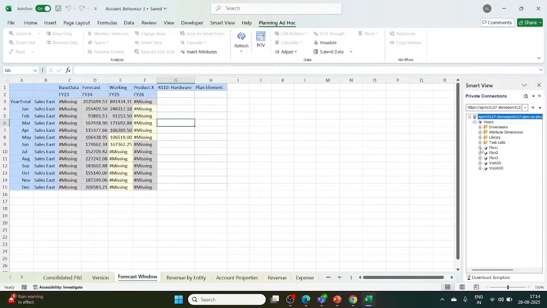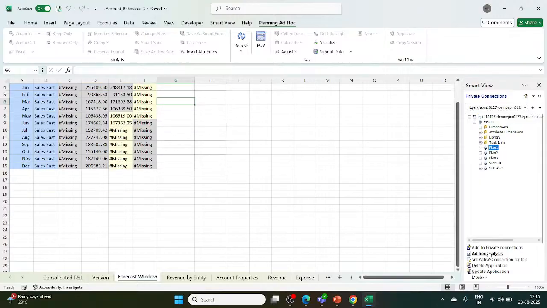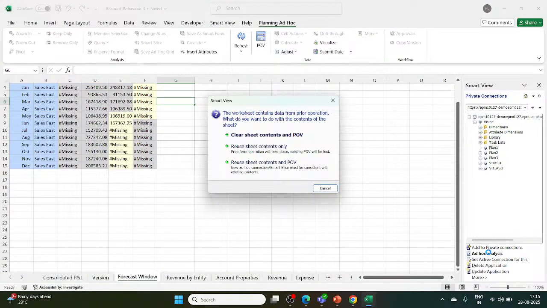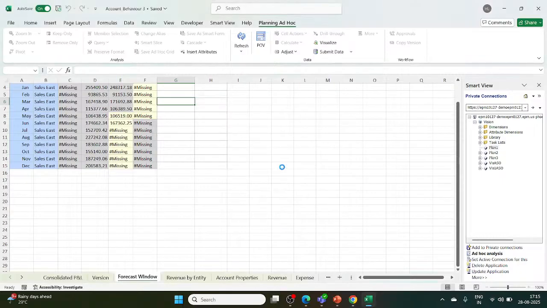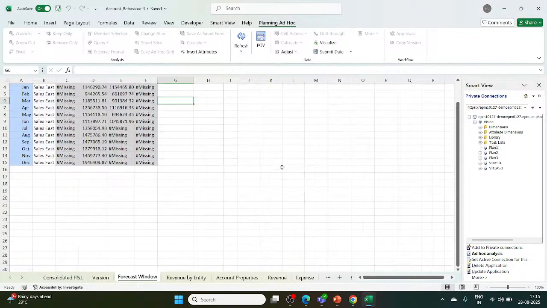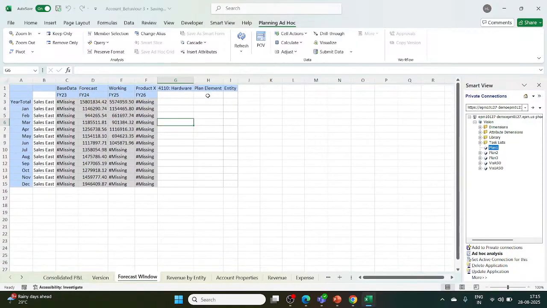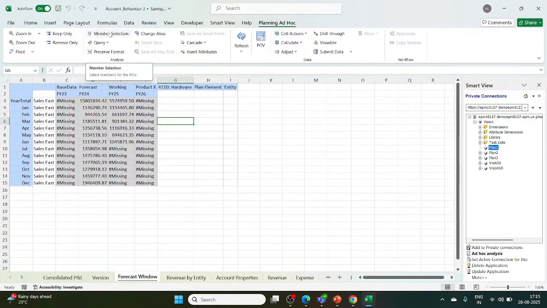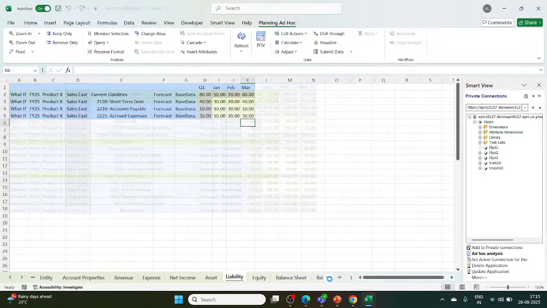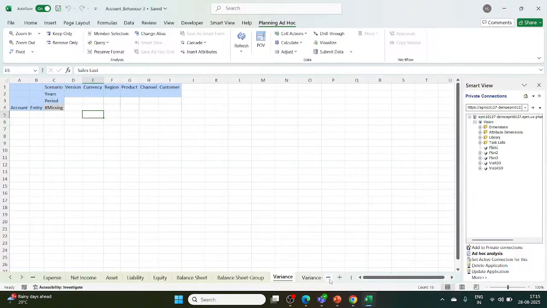Now we can see, yeah, so now it's connected. So we will take a new sheet here